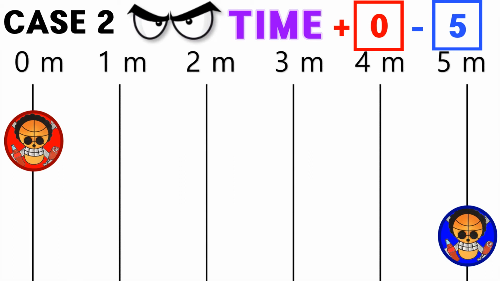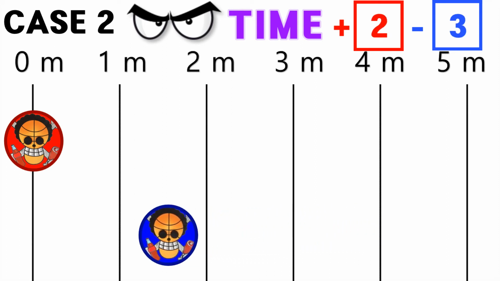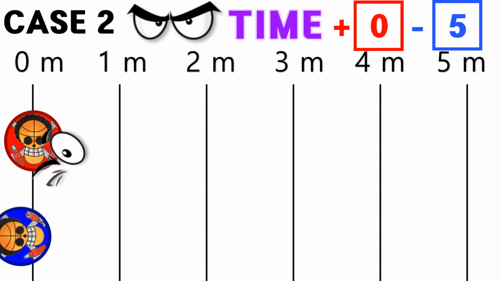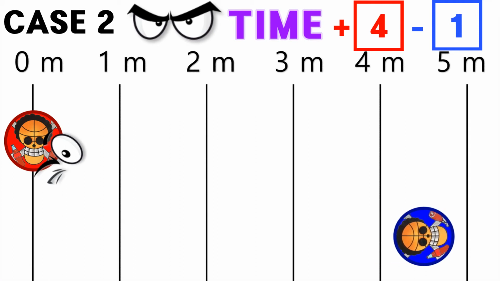Case 2. When only the blue me moves to the 0 meter line, the time for the third person looks just like the movement of the red in case 1. The red is still and only the blue is moving to the 5 meter line. But the blue walks backwards. Just like the blue in case 1, the red in case 2 sees the blue going away.